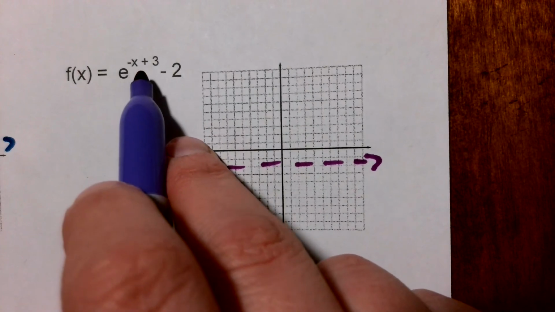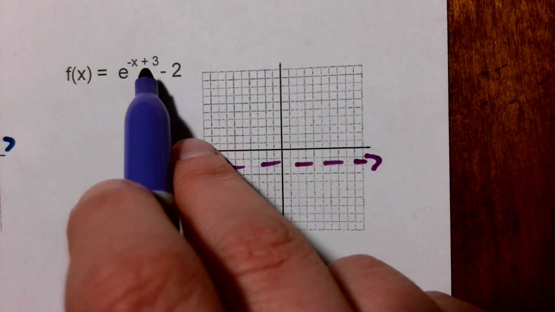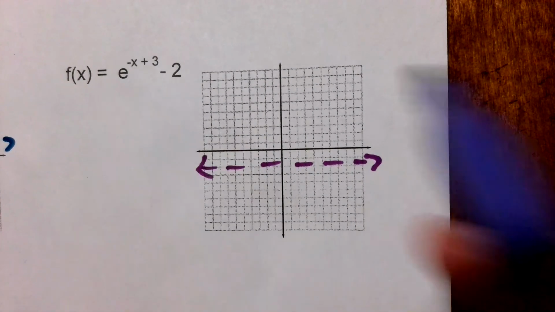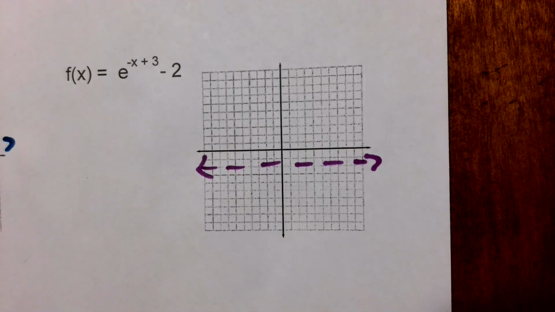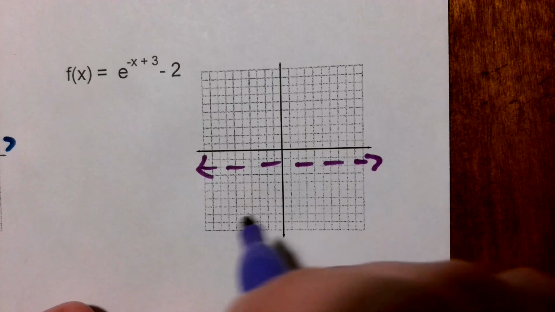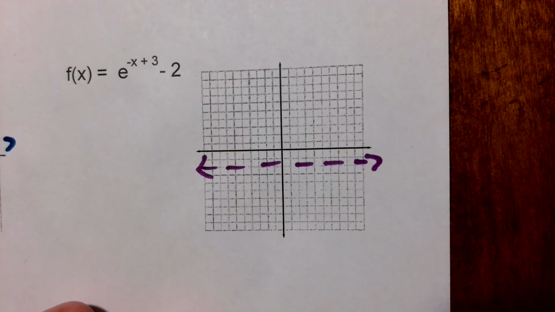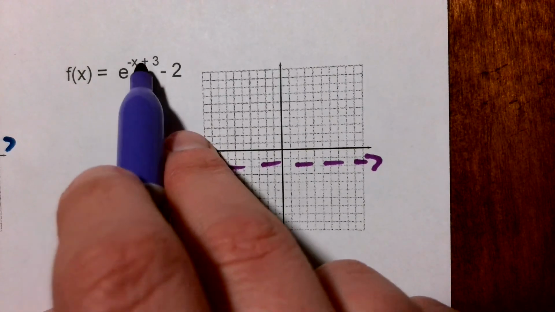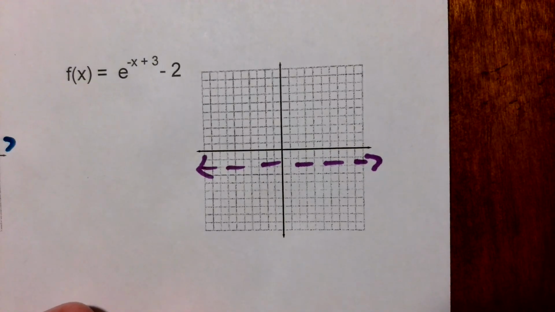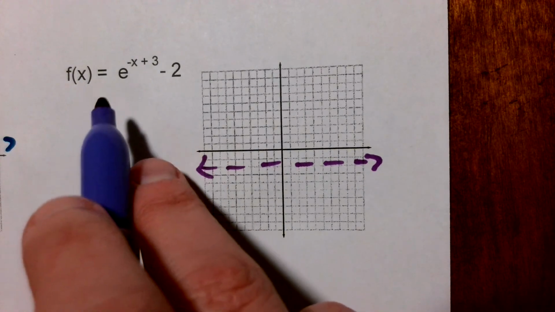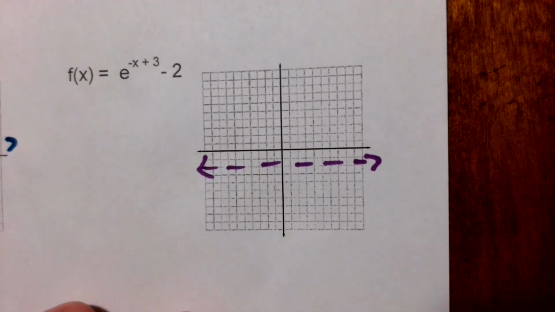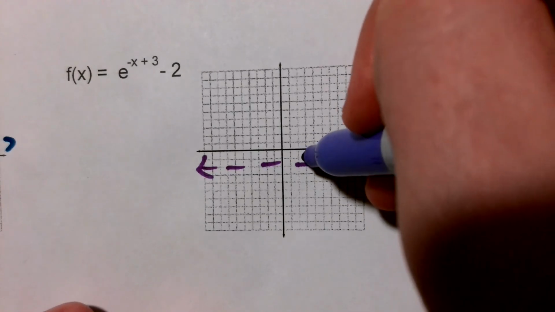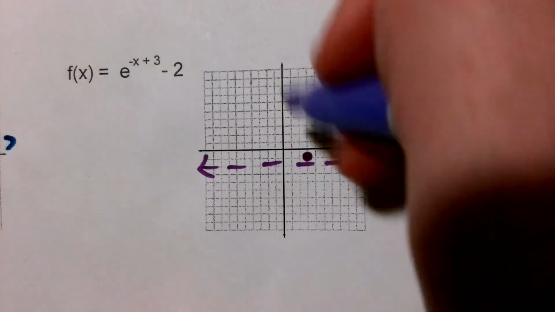And then initially this is kind of like the radical, the negative under a radical, where it seems like we should be shifting to the left 3, but then that's negative, so I'm not really sure if I should be shifting to the left or to the right. What might be helpful is to go ahead and plug in a negative 3 or positive 3 and see what happens. We can see that plugging in a positive 3 is what will get us a 0 in the exponent. So we're raising e to the 0 power and getting 1, and 1 minus 2 is a negative 1, which is where we wanted that point that we are using to shift. So it is actually going to be at (3, -1).